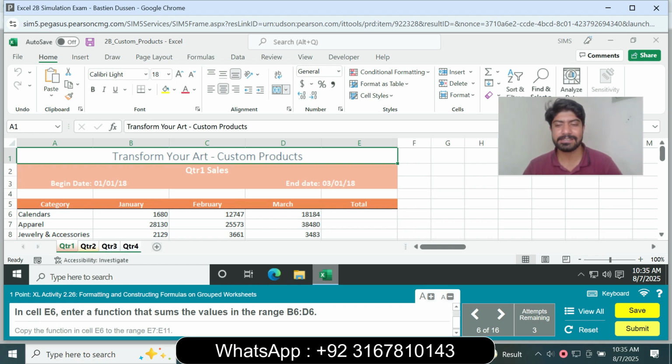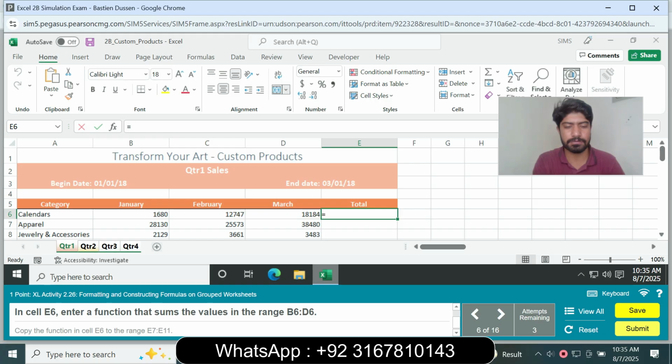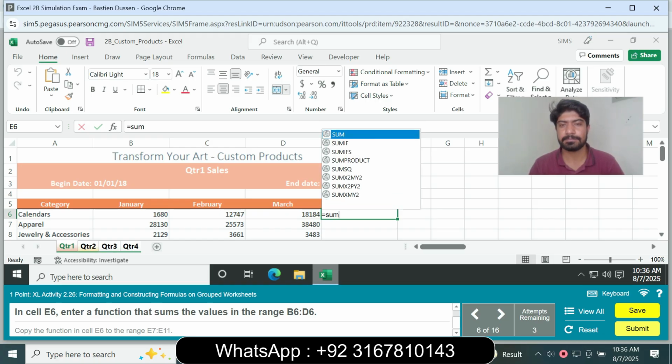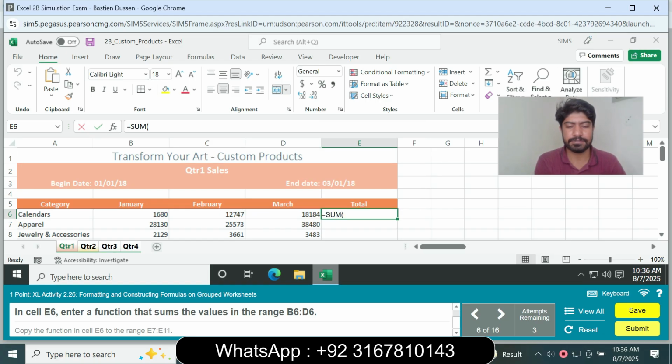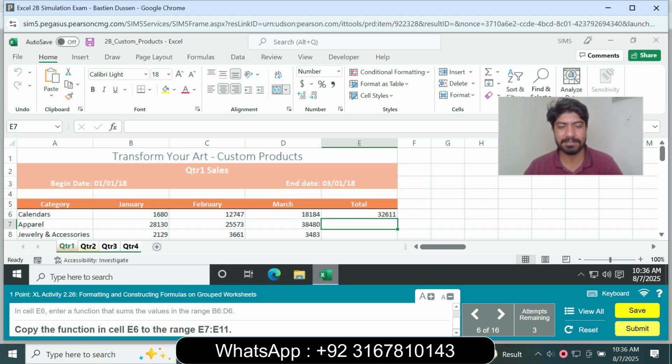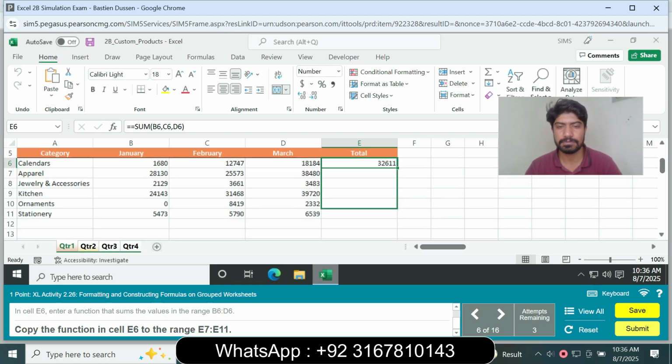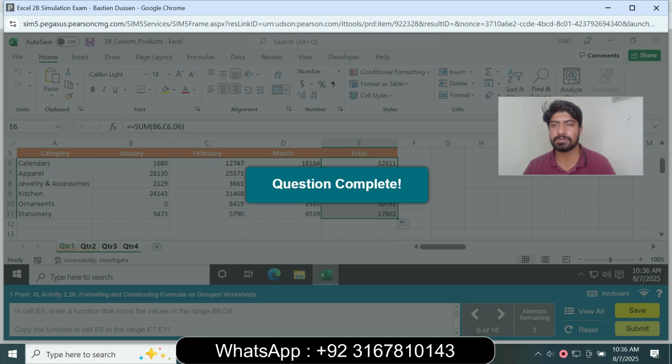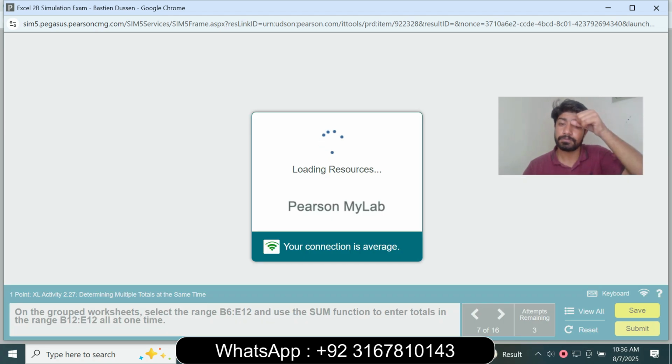And next is in cell E6 enter the function that sum the value in the range B6 to D6. So select the E6, type is equal to, type the sum function and range is B6 to D6, press enter and copy the function to cell E7 to E11. So copy your function E7 to E11. So question number 6 is complete. We move to the question number 7. So question number 7 is